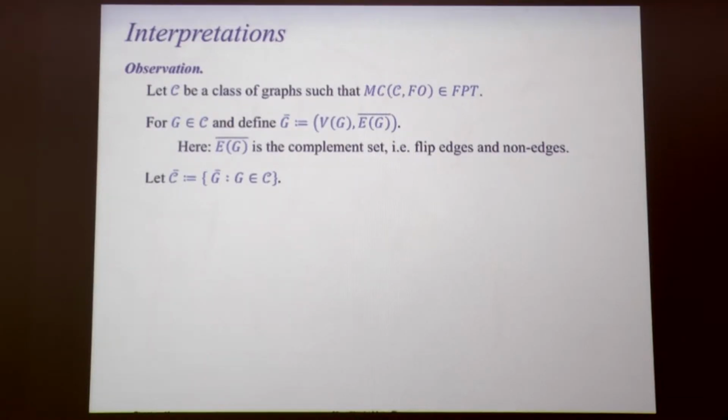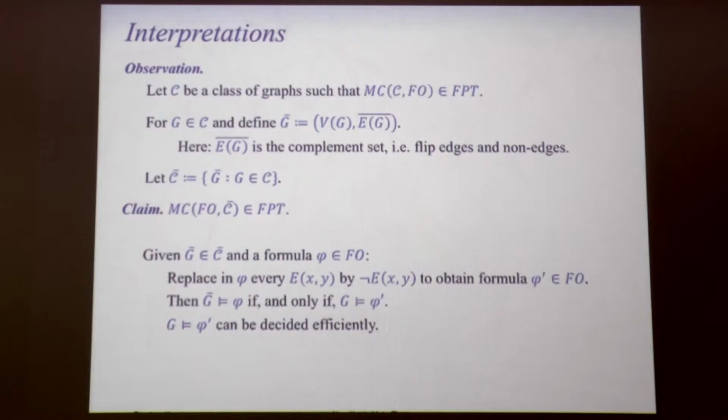But you haven't changed much for model checking, because it's very easy to see that the model checking problem for this class is still fixed-parameter tractable. So do you see how it works? Just flip all the answers. Yes, exactly. Because if you give me a graph in this class C bar and a first order formula,